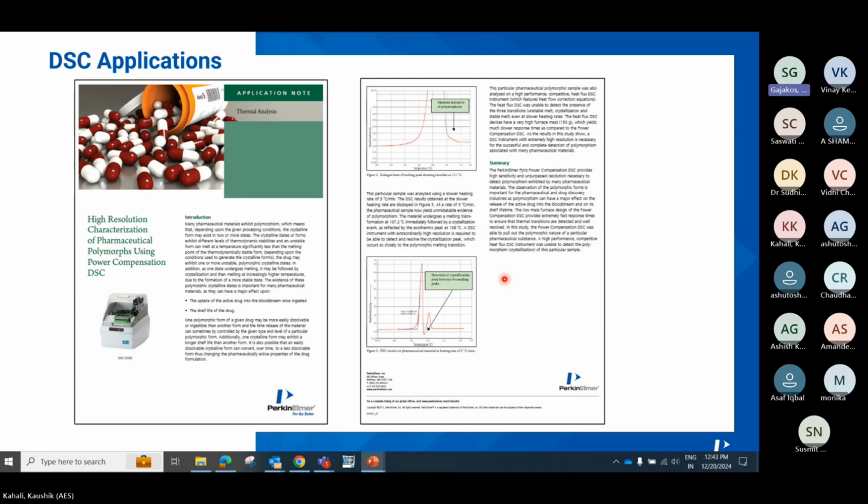So this is how the DSC instrument can work at that level of sensitivity to understand the small changes happening in the sample, and can provide very vital information which can be very critical